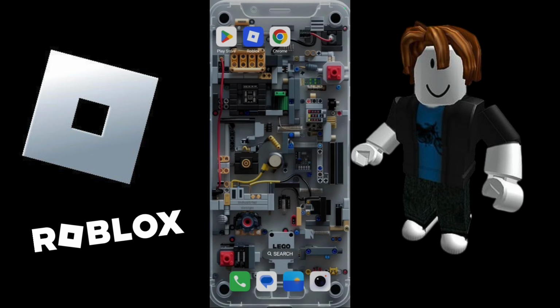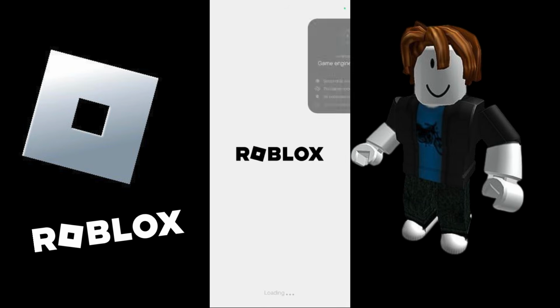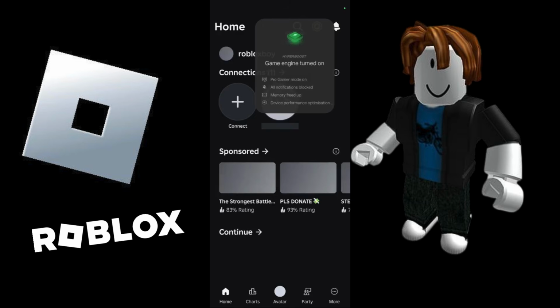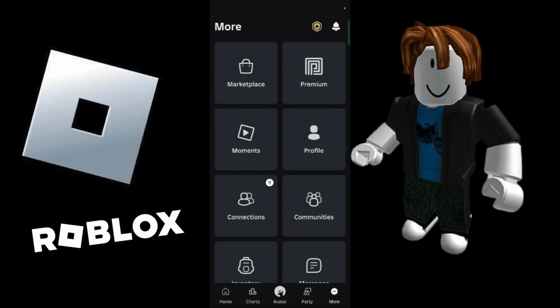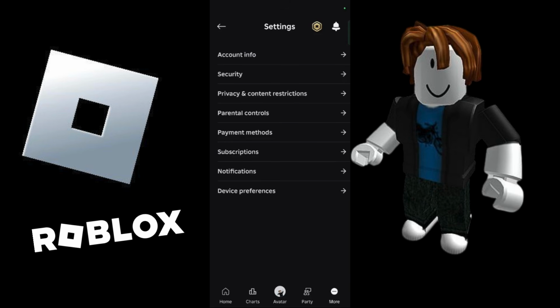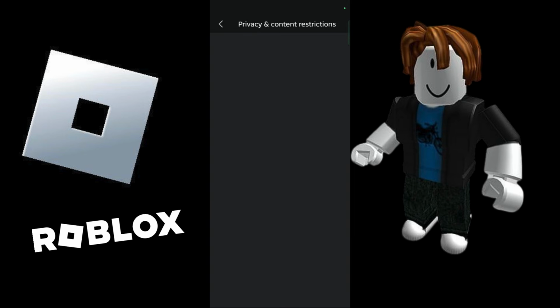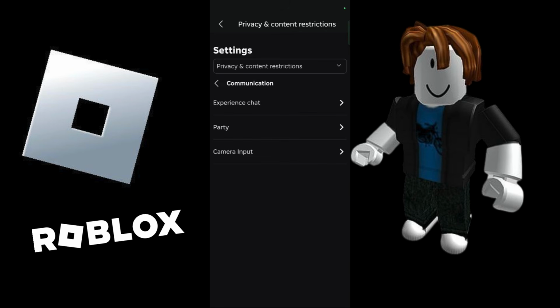So in order to disable parties, simply launch the Roblox application by tapping onto the app icon, and once you have successfully entered the Roblox application, go to More by clicking onto this icon at the bottom right. Then under More, simply scroll down and click onto the Settings icon, and under Settings you can see Privacy and Content Restrictions, so click here. And now in this particular menu, click on Communication, and under Communication you need to click